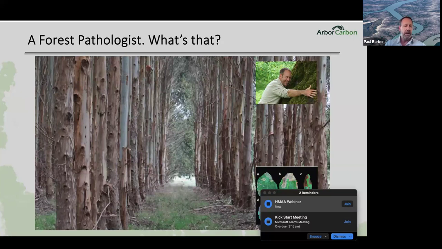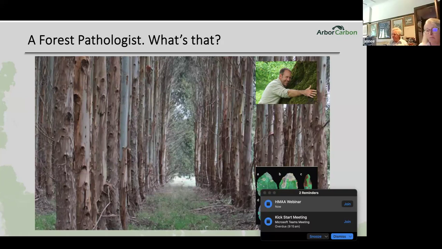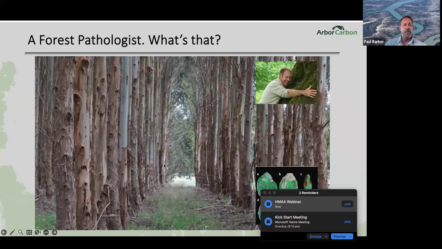That led into a degree at La Trobe University in biological sciences, and then, having an interest in science, I decided to go into forest pathology, which was quite a niche area. Back then, in the early to late 90s, there were a bunch of blue gum plantations being established in the Otways and the Green Triangle in Victoria, and I always thought there might be a job in that space if that industry took off.